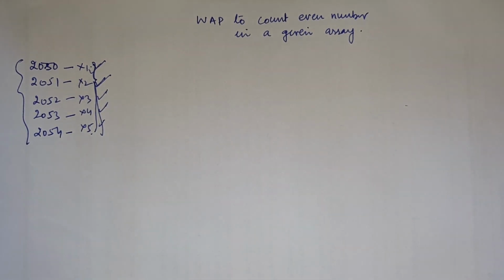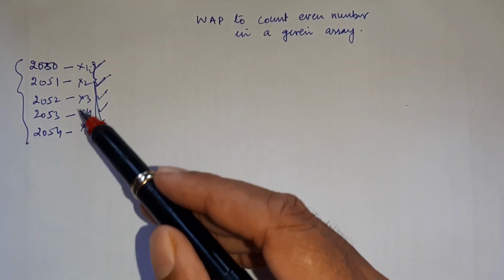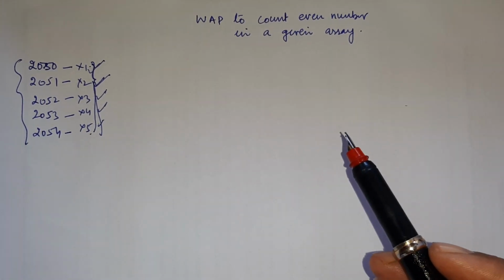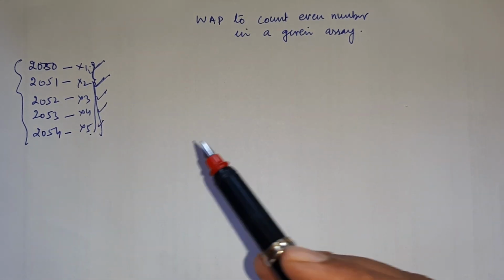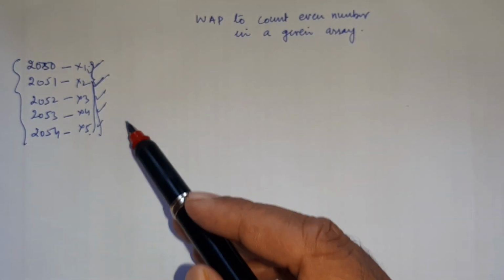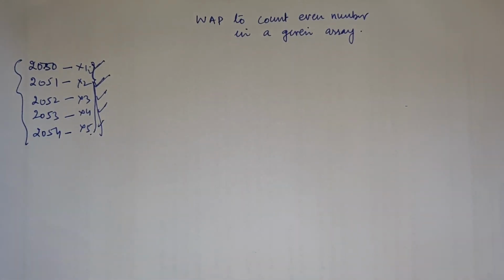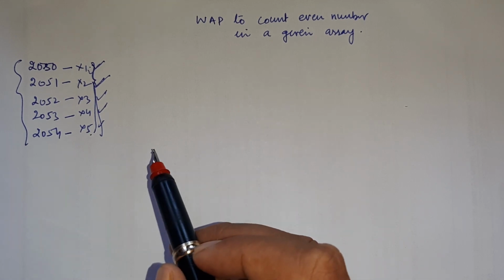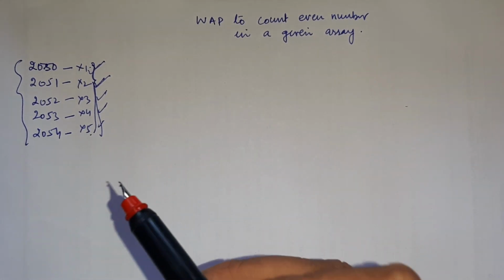Firstly we have to decide the counter, because we have to compare 5 numbers. Among 5 numbers we have to count the number of evens, and we also declare a register containing 00. If we get any even number, then we increment that register by 1. So finally, after checking all the numbers, at last we can find how many even numbers are present. Okay. And what is the most important property of a number, how can you find that a number is even